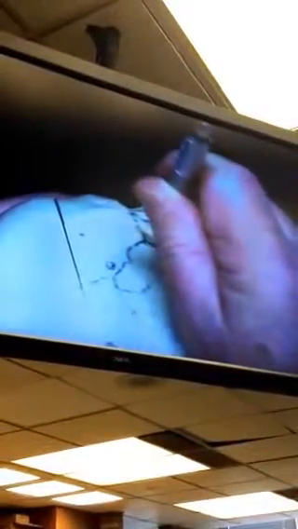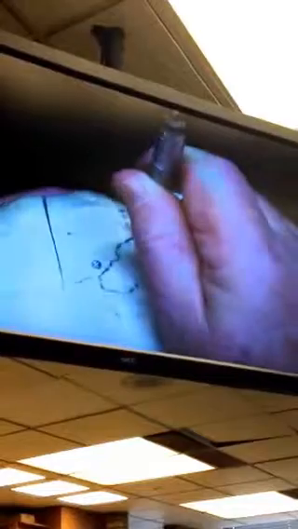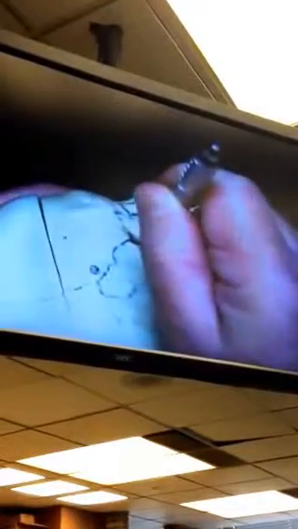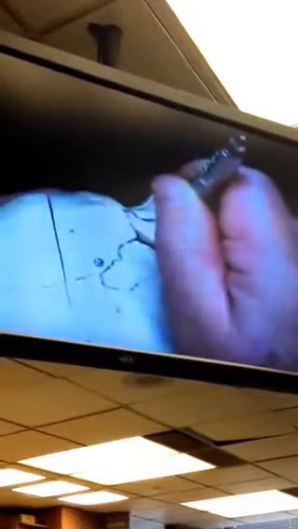I don't really want you drawing on the skull, so please don't do that, but whoever had this one didn't listen. There's an opening here behind the zygomatic bone. This is the frontal process of the zygomatic bone, and this is a zygomaticotemporal foramen back here. As we come forward,